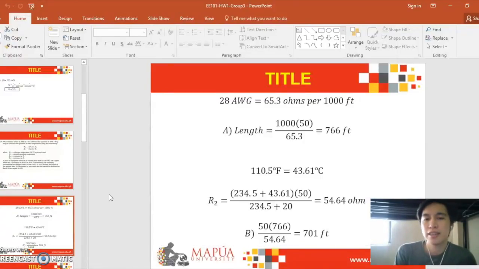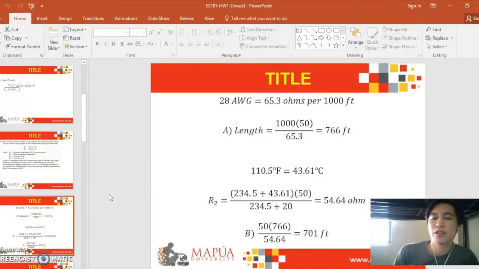Solution. 28 AWG is equal to 65.3 ohms per 1000 feet. For length, 1000 times 50 all over 65.3, which will give us 766 feet. 110.5 Fahrenheit is equal to 43.61 degrees Celsius. Using the formula a while ago, the resistance R2 can be obtained as